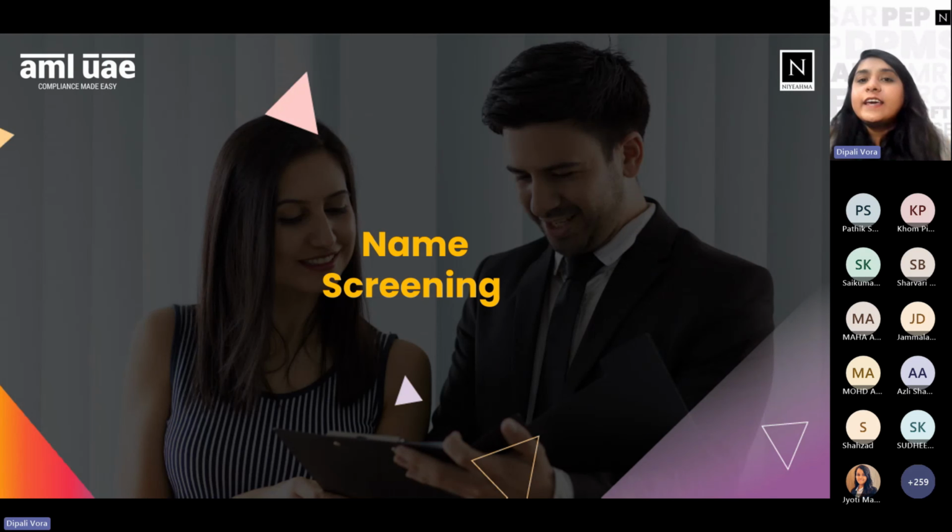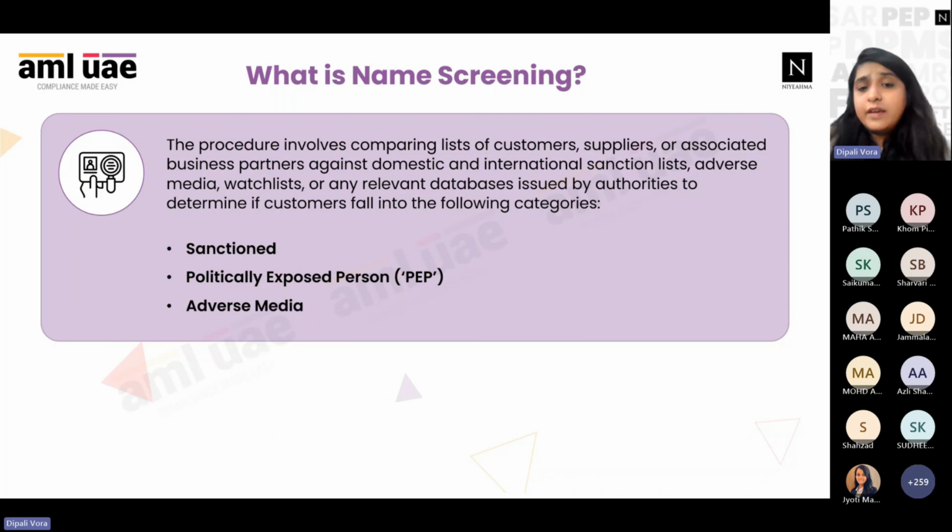Once we have all of the KYC documents in place, KYC form, ID proof, address proof for maybe an individual or a corporate, we will then be in a position to screen them. So screening, what is exactly screening? Screening is a way in which you are comparing your customer's details, or I would say name, with the other sanction list, adverse media, or maybe you're also looking at the database of politically exposed persons.